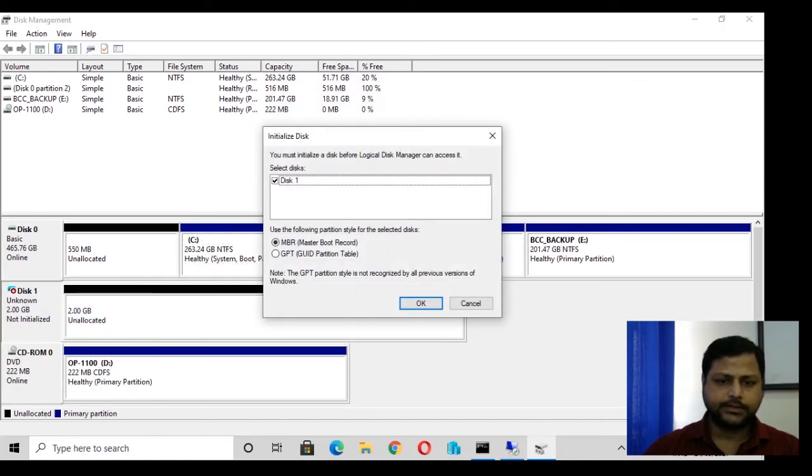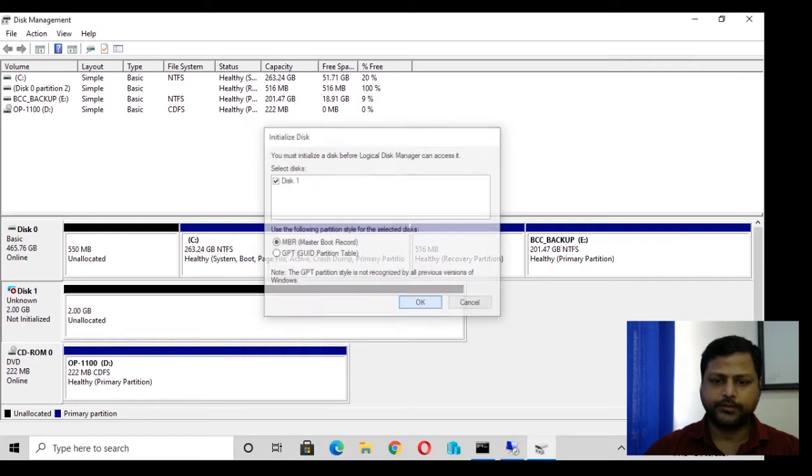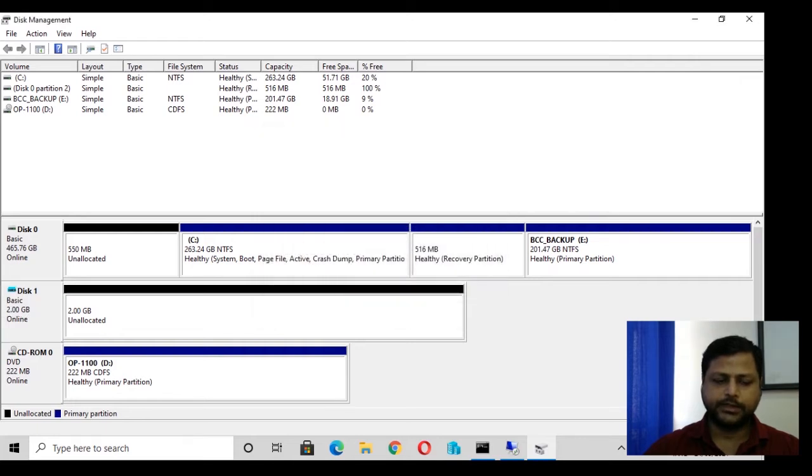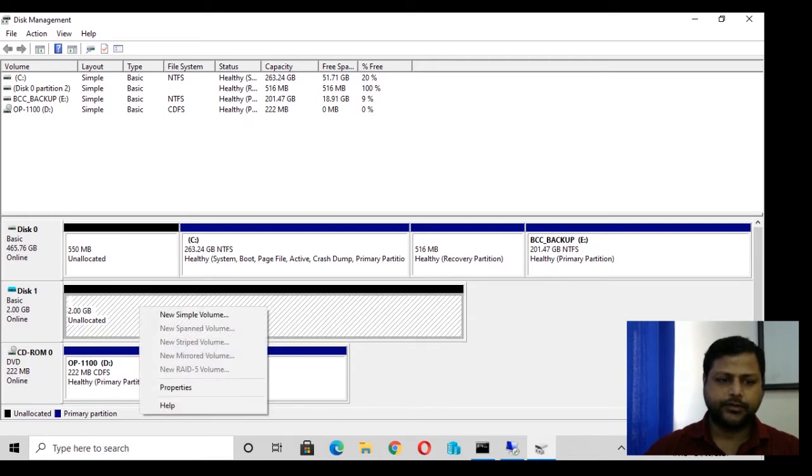We'll initialize the disk in the form of two features, that is one is MBR and second is GPT. We'll go with MBR, because in MBR 4 primary partitions can be configured. So we have already configured this as a disk configuration. So now we'll configure this as a primary partition and extended partition. You'll see here in the primary partitions there is a blank disk we can configure as a primary partition. So we'll configure with the right click.